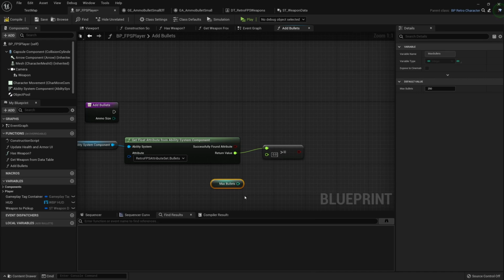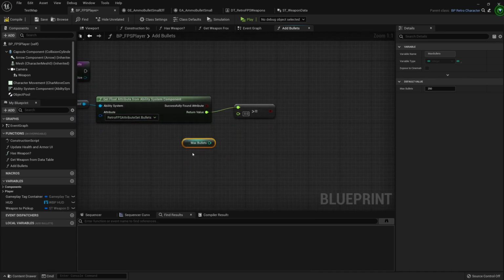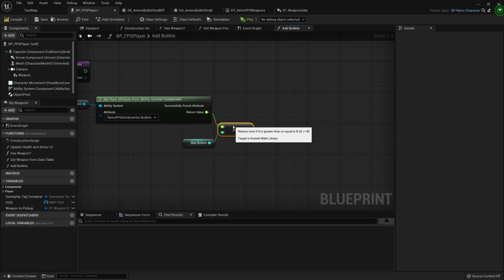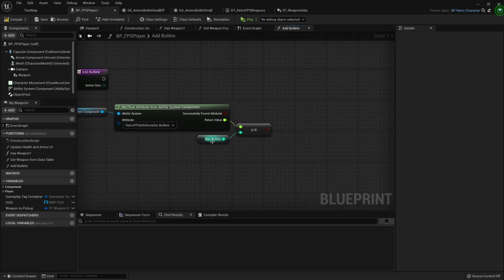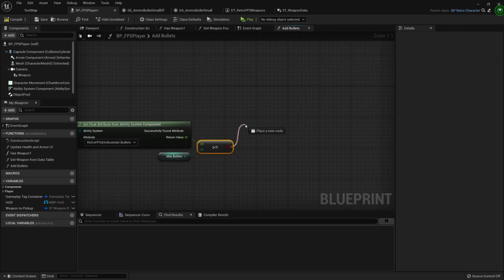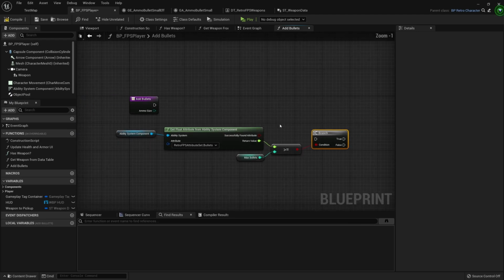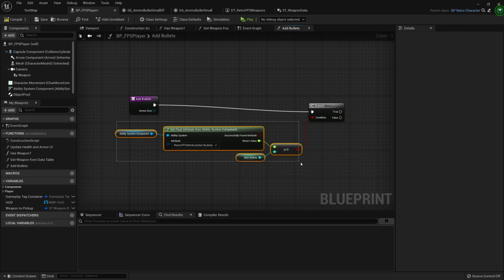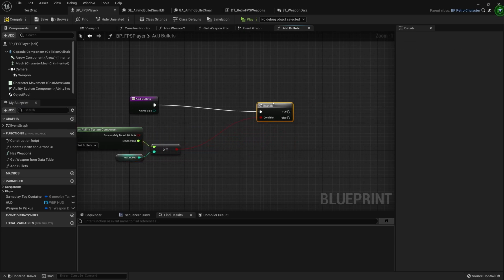So we'll get the max bullets, and this is the variable that we made in the C++ file, if you recall. And then we'll just link that up, and it will compare the size of your current bullets to what the max is. And if this is over or equal to max, then we'll just do a branch. And we won't do anything if it is.